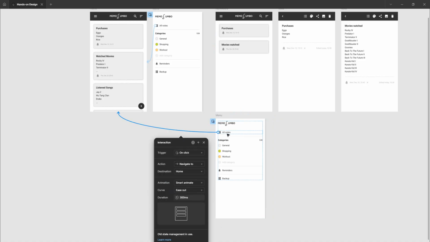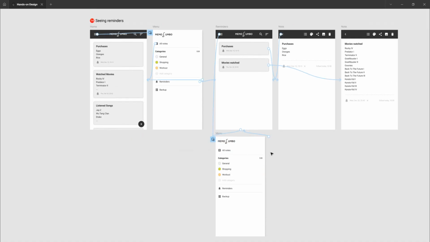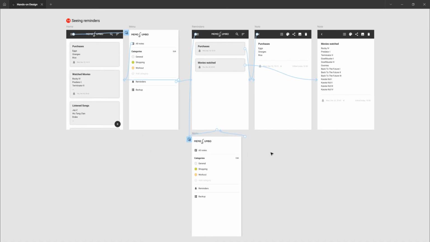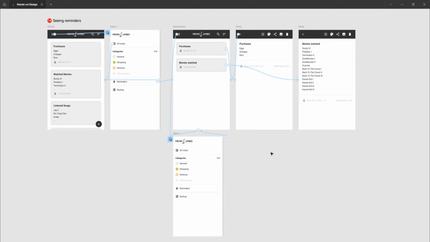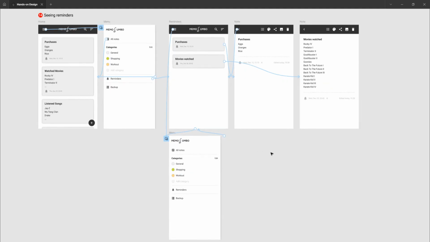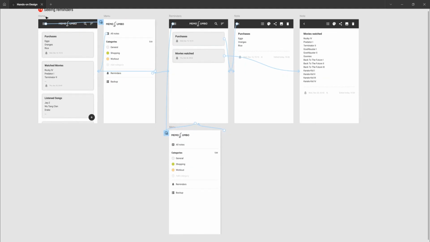And we also have, hitting this all notes, the user will be taken to the first screen. So on click, navigate to first screen, smart animate. As you can see, it's pretty standard, easy to do, but the effect is quite nice. So just to wrap up this tutorial, as usual, I don't do that all the time, but most of the time I do, I will run the prototype, selecting the first screen,